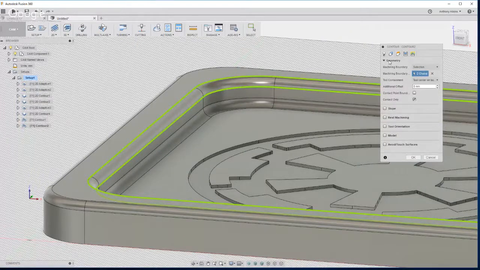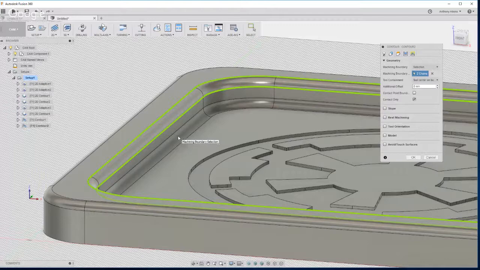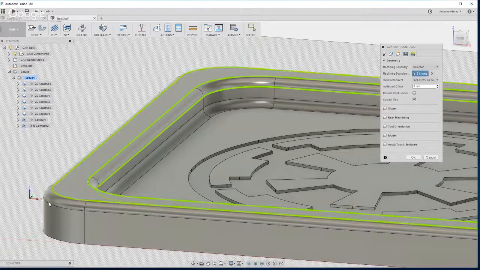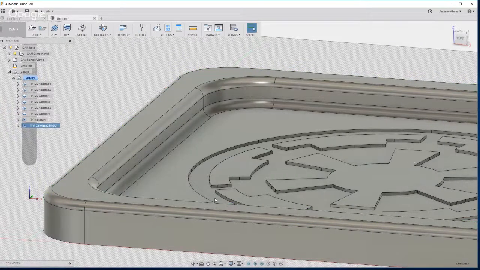Now, on those inside corners like this bottom one here, you don't generally need as many step downs because the end of the ball nose is really going to do the work for you. On these top rounded edges, that's where you need more step downs that I've found. So I'm going to change this to 1/4 millimeter per pass. And in this case, actually, I should be able to come back to geometry and select these outside ones as well. If I say OK,